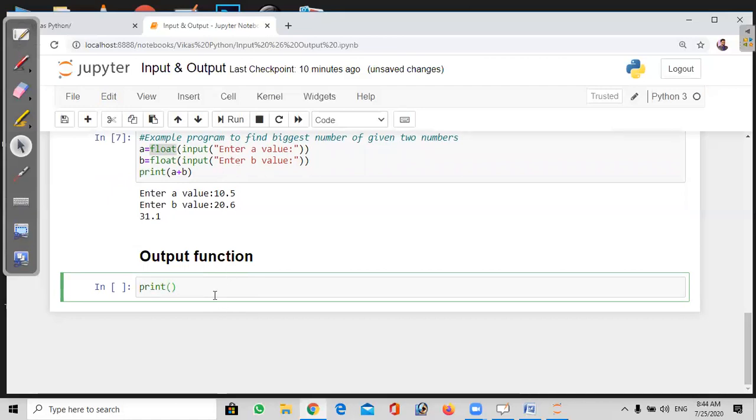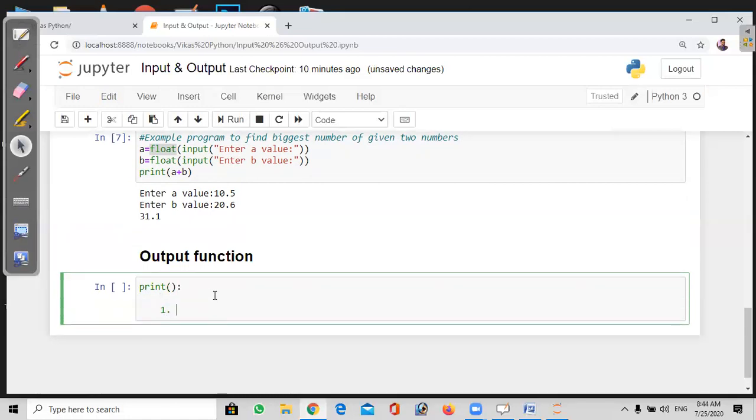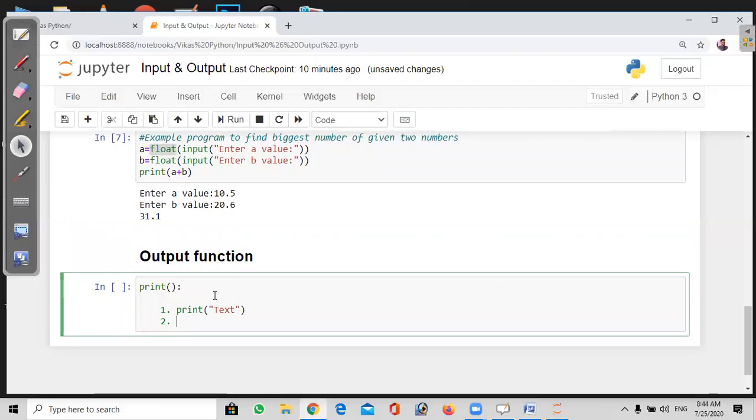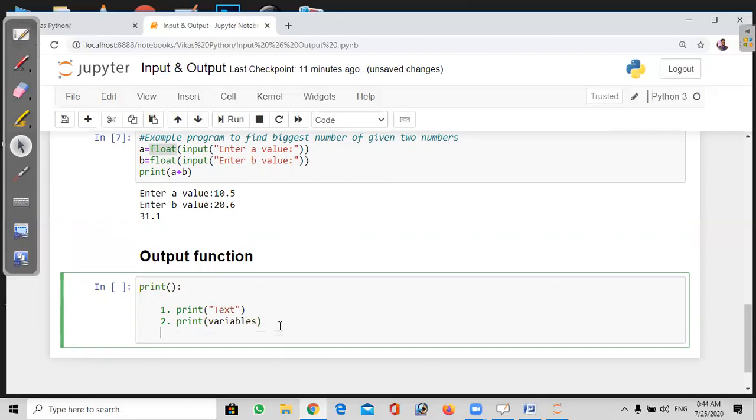By using this function, we can write in different ways. First way of writing, print of text. We will write some text to print here. Second syntax, print of double quotes or only variables, so we can use only variables to print the values of the variables. Third way, we can combine the text with the variables: text, comma, variables. So we can do three things. Text, variables, and text comma variables we can combine. So example,